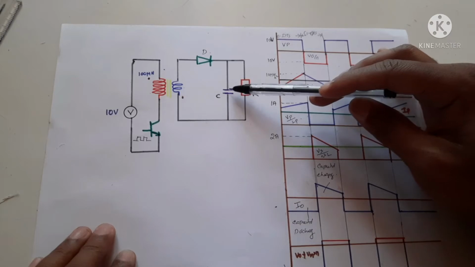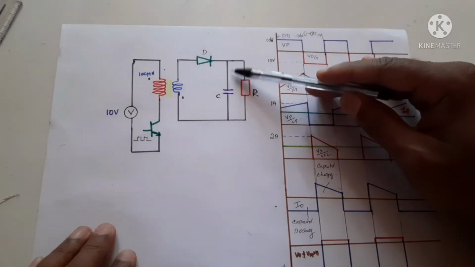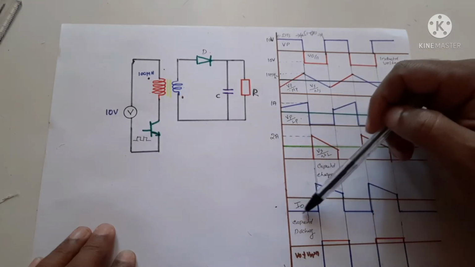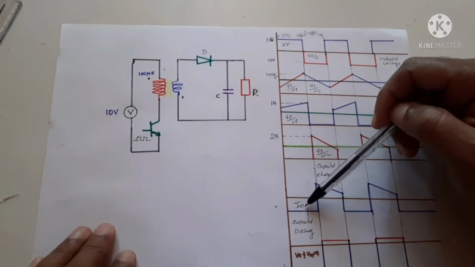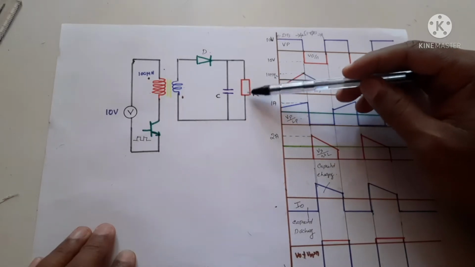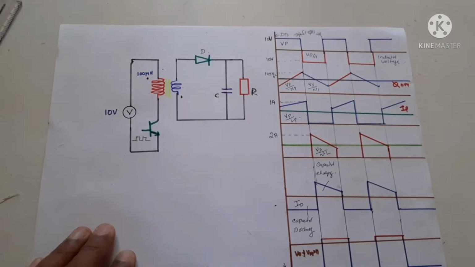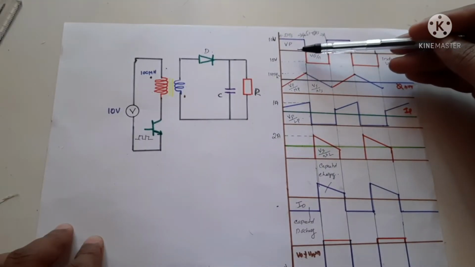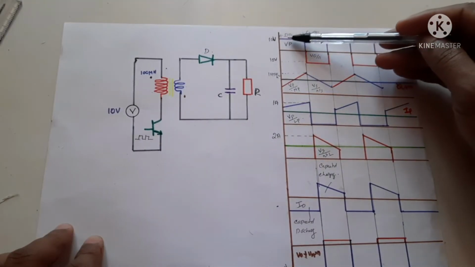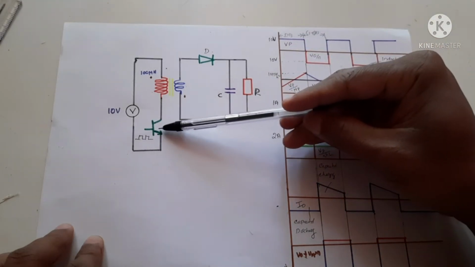But at the same time, during this time, the capacitor is discharging through the load. This is given by I0. The value of the current is equal to the output current. What the output wants, it will be supplied by the capacitor. We have said all the things that happen when this transistor is on. Now when this transistor is off,